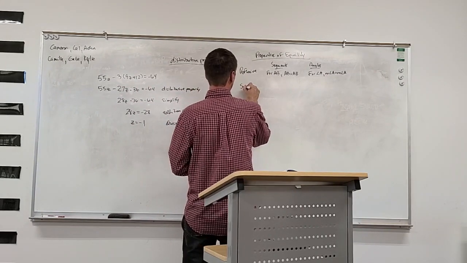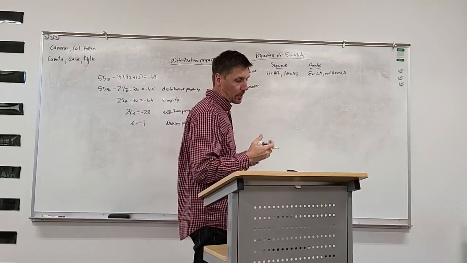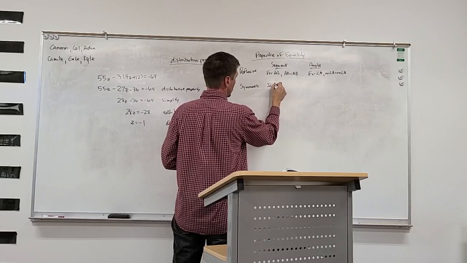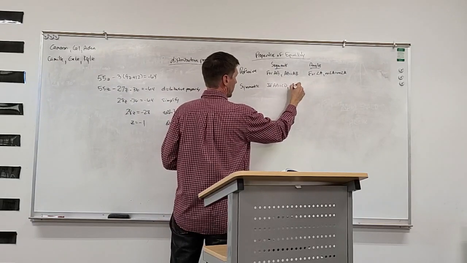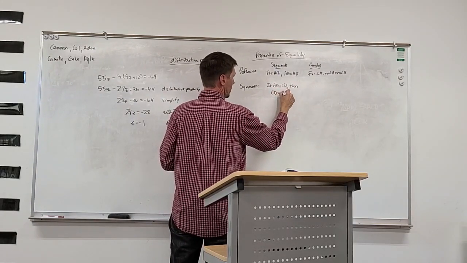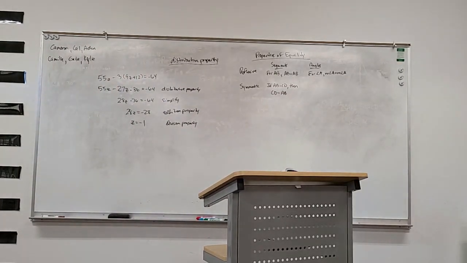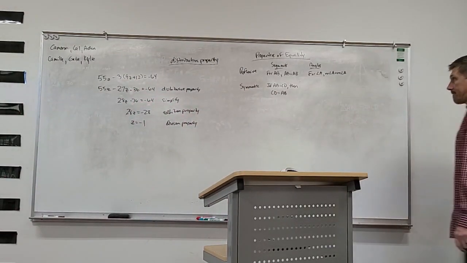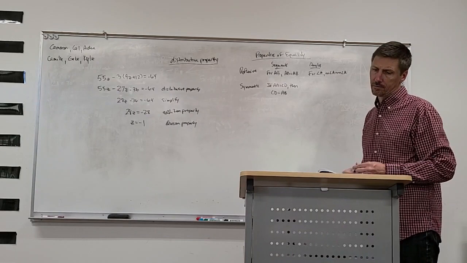The symmetric property says, if we're talking about line segments, we can say if AB equals CD, then we can also say that CD equals AB. We can just flip those around, right? And then if we're using angles, we would say